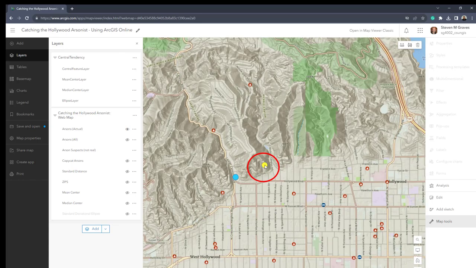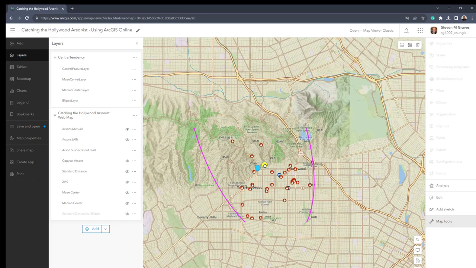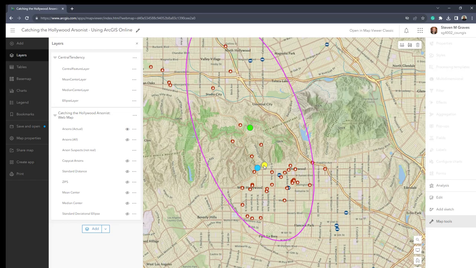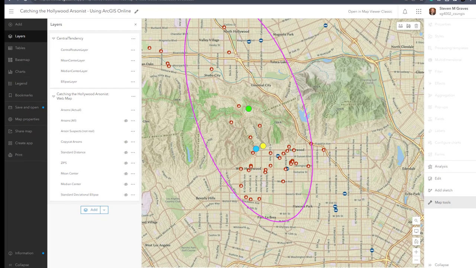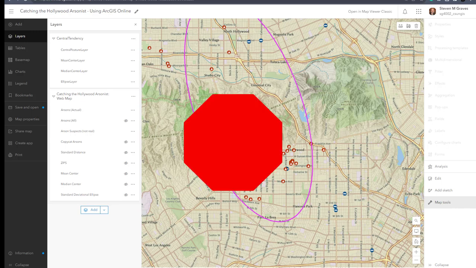So that is this yellow dot, and because the data is skewed, this is a better, more logical point to set up a checkpoint to inspect cars that are passing by that might contain the suspect, and it changes dramatically the likelihood of one of the suspects on the map being the actual Hollywood arsonist. So there's a couple of questions about the highway that the arsonist probably drove quite a bit and the physical barrier to the movement of the arsonist. So you can answer those, and then we're going to